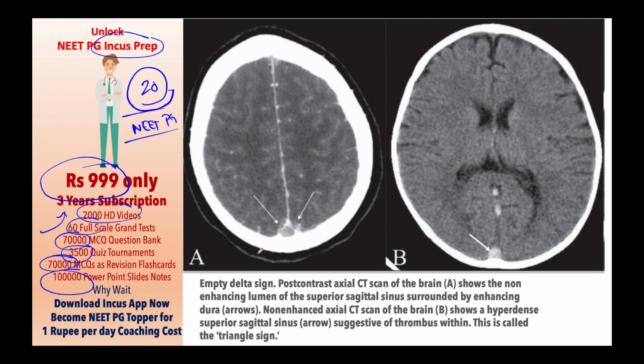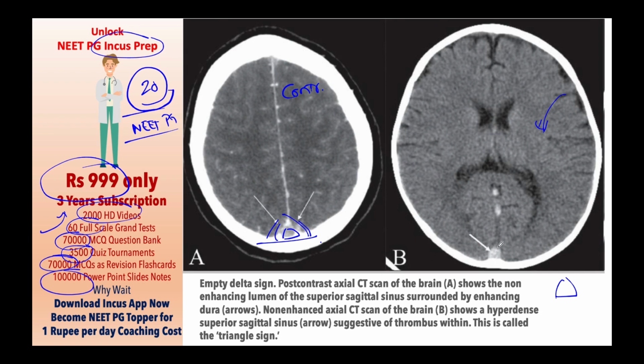Now, doctor, empty delta sign. Typically, this is an axial CT after giving the contrast. It shows a non-enhancing lumen of the superior sagittal sinus, and it is surrounded by the enhancing dura. Right? So, enhancing dura. And the non-enhanced axial CT, if you look here,